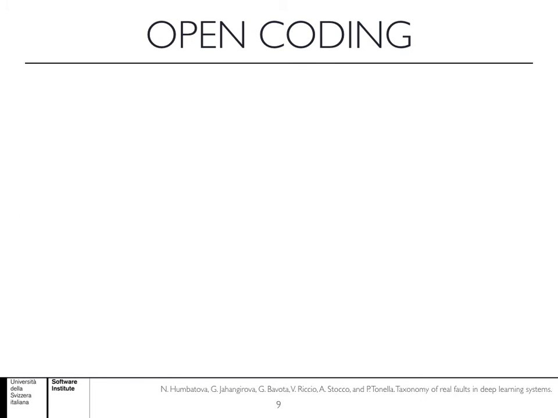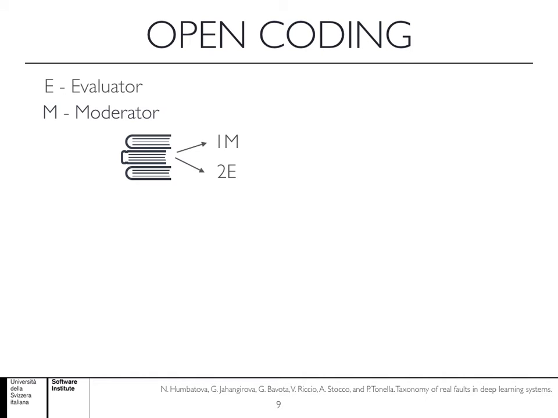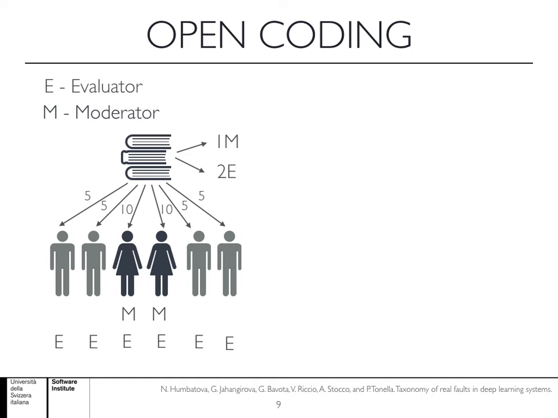We analyzed the transcribed interviews through the manual open coding procedure. To do this, each of the documents was assigned one moderator and two evaluators. The role of each evaluator was to perform the open coding task, while the moderator's role was to identify and resolve conflicts between the evaluators. The moderator was always one of the authors that performed the interviews, and the other interviewer was the first evaluator. The second evaluator was assigned from the authors who did not participate in the interviewing process. The open coding was performed manually in the Google Docs online tool.